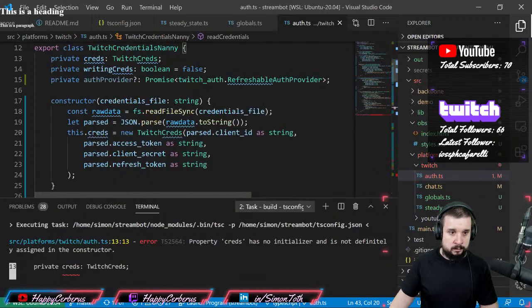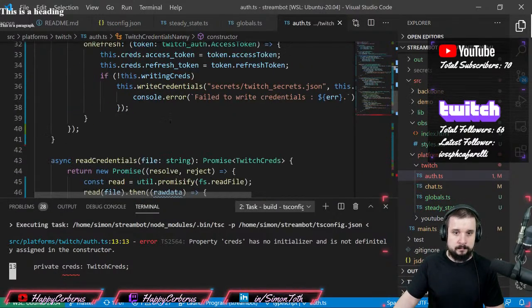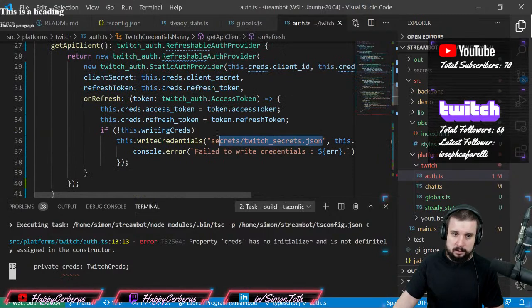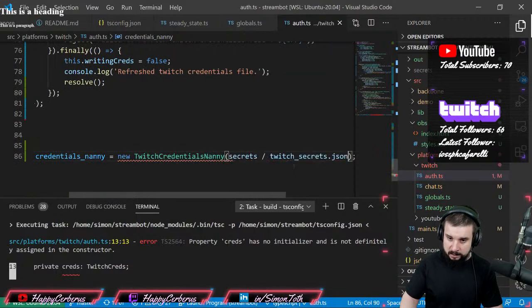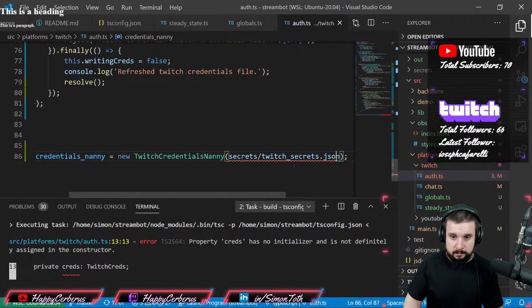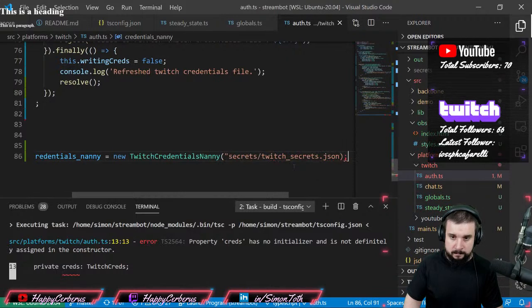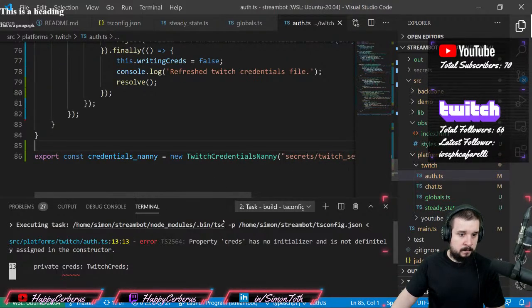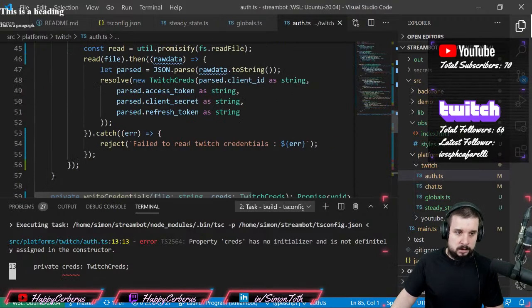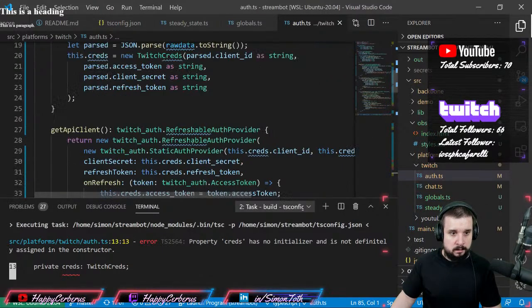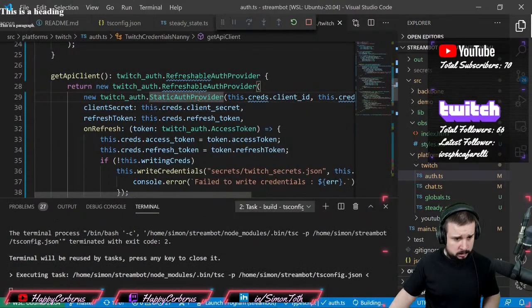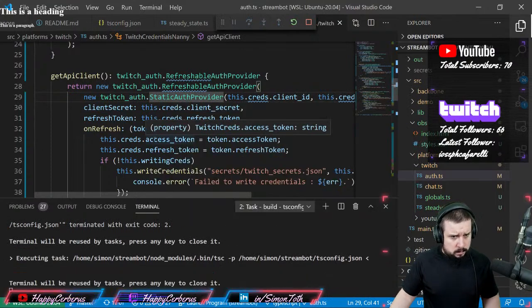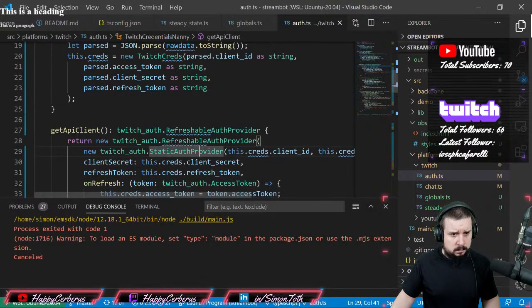So okay, in the constructor we read the file, and so it actually means I need to pass in the file path over here. Oops. And if that fails, we just don't construct the object. Then this thing is synchronous, so that will break something somewhere for sure. But oh, actually,